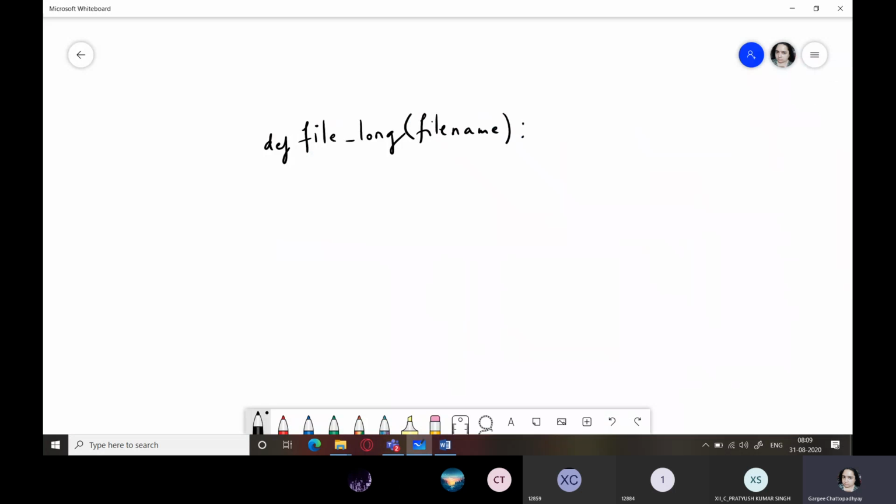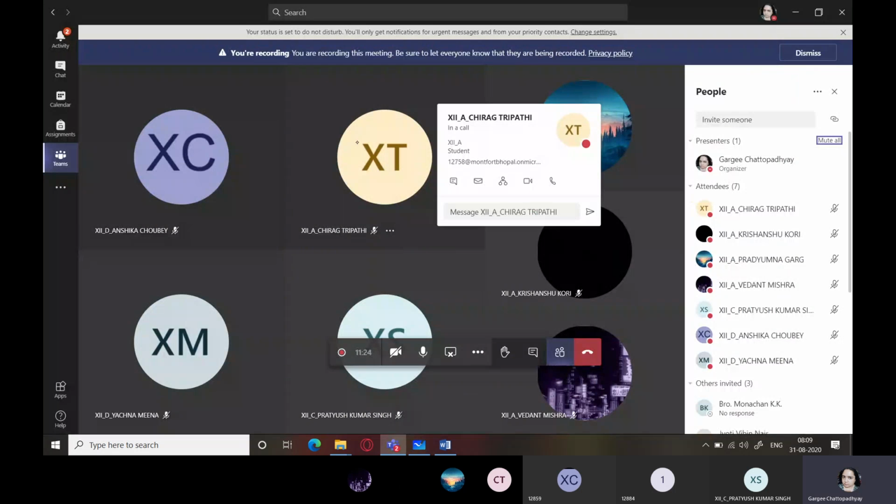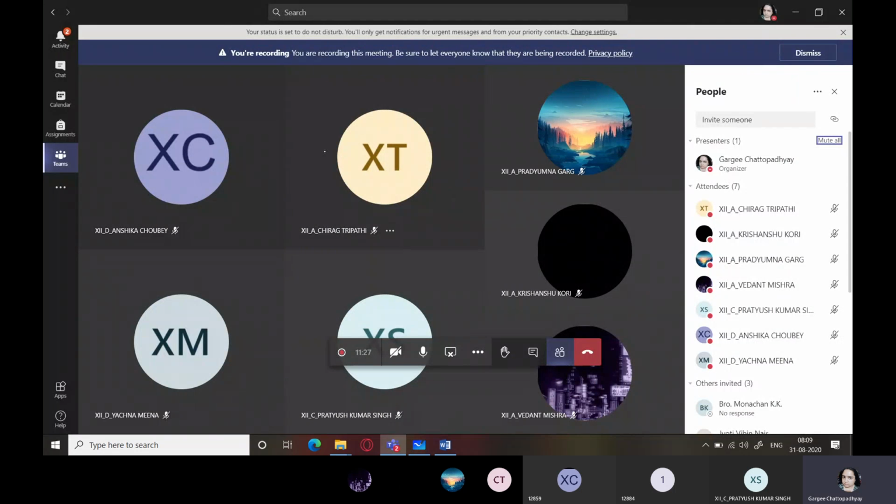Okay, so the question to you is, how can I open the file? I have to open the file in the read mode. What statement will I write for that? I want everybody to think and send me the answers here. Don't send me the answer in private chat inbox because it would be difficult for me to switch that. You can send it here itself in the chat box. How will I open the file?